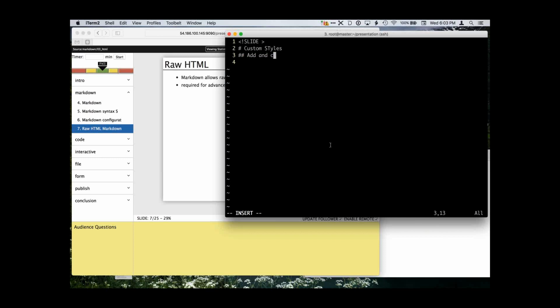I can add any CSS or JavaScript, and all I have to do is just put a .css file or a star.js file in the presentation root. Now I'll show you what that style thing was I was talking about. What's a good name for the style? I'll just call it foo.